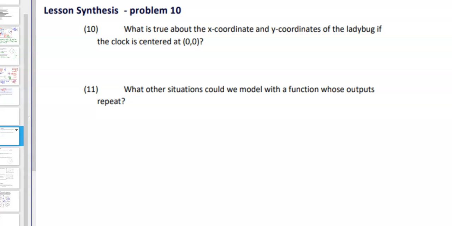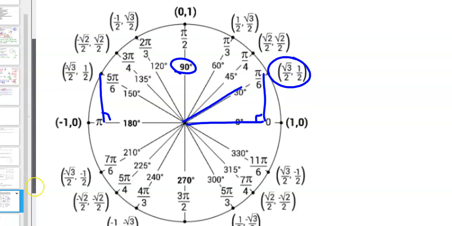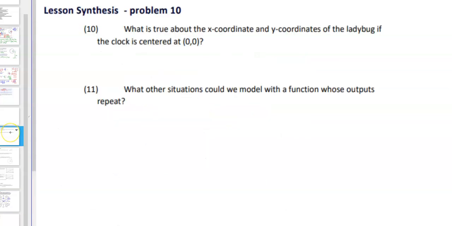Alright, so if you consider the previous problems that we did, and also the unit circle that we started, the one thing that's being used repeatedly are right triangles. So we can use the right triangle, specifically the 30, 60, and the 45, to come up with our coordinates. We use the Pythagorean theorem to find the missing x and y values of a given radius. So the answer they're looking for here